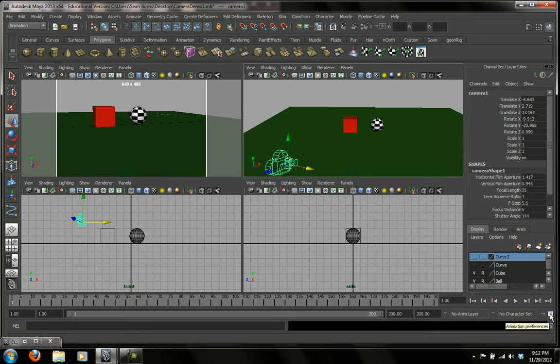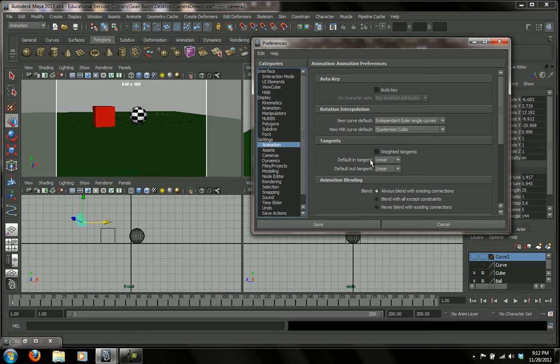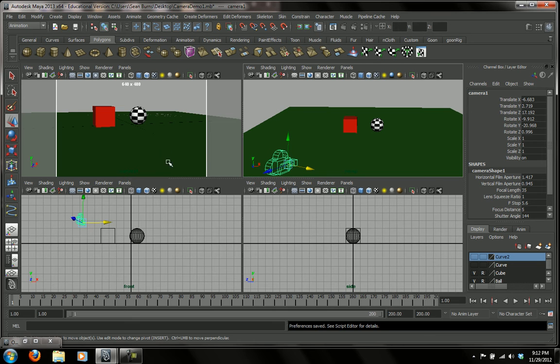Another thing I want to check is my tangents here. I'm going to go into my preferences, animation. My default tangents are on linear, and that's good for now. And we're going to show you how you can use that to make some good smooth camera moves. We're going to change our tangents. So first I'm going to do is I'm just going to